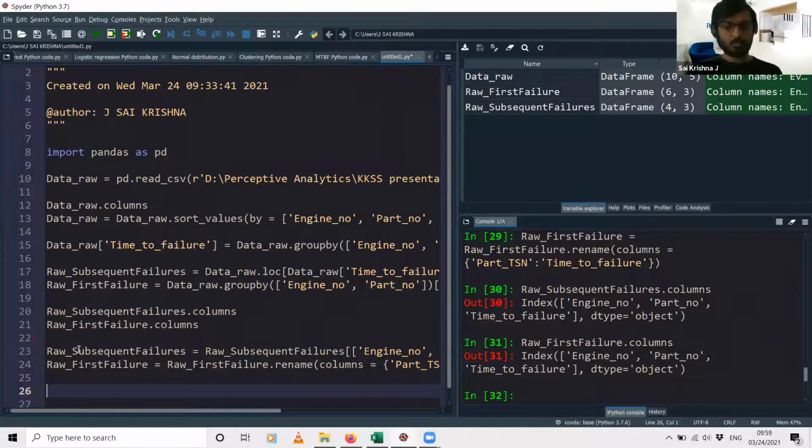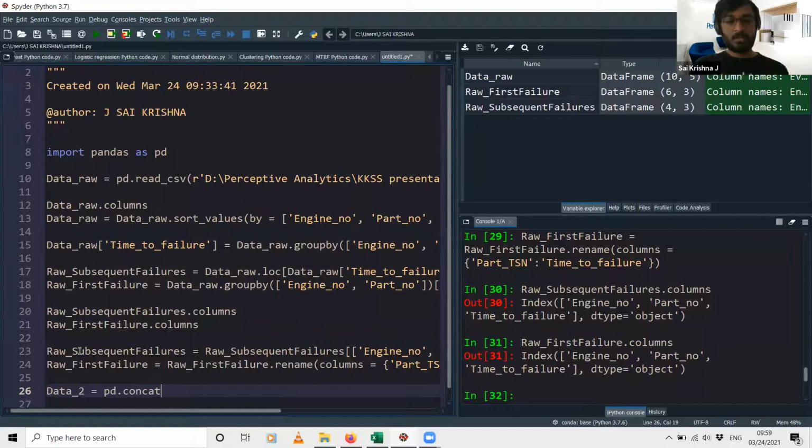So now we have to combine these 2 data sets. So I'll just create one more new data frame. We'll just type data_2. So to combine, if you have worked with R, there's a function called rbind. It just stacks one data set on top of the other. Similar to rbind, we have a function called concat in Python. This concat function is again available in the pandas library.